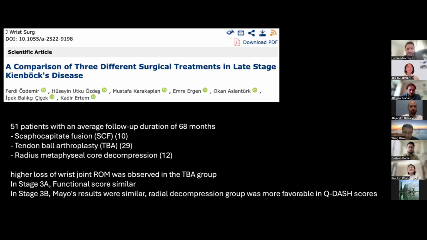And there is another study comparing three different treatments, which are the scaphocapitate fusion, tendon ball arthroplasty, which I really don't have experience with. We didn't do this before. Then the radial metaphyseal core decompression. According to their paper, it is all for late-stage Kienbock disease. And again, all of these treatments seem to be working in terms of pain, function, strength and range of motion. And they do have their unique aspect: in the tendon ball arthroplasty group, the wrist range of motion is slightly worse. For stage 3A patients, all these three treatments seem to have similar outcomes, but in 3B disease,